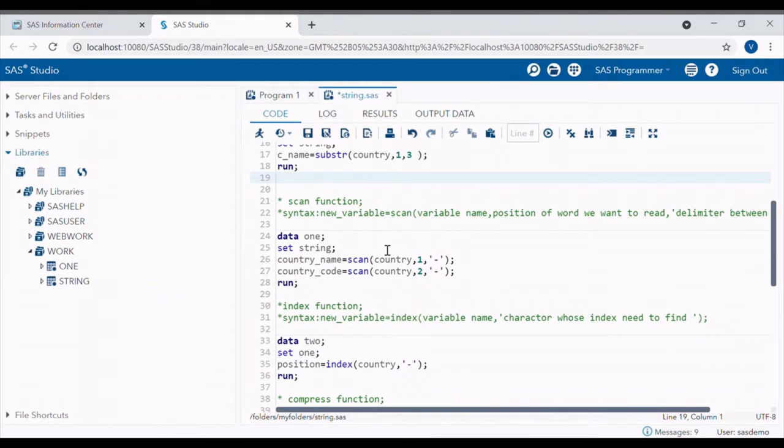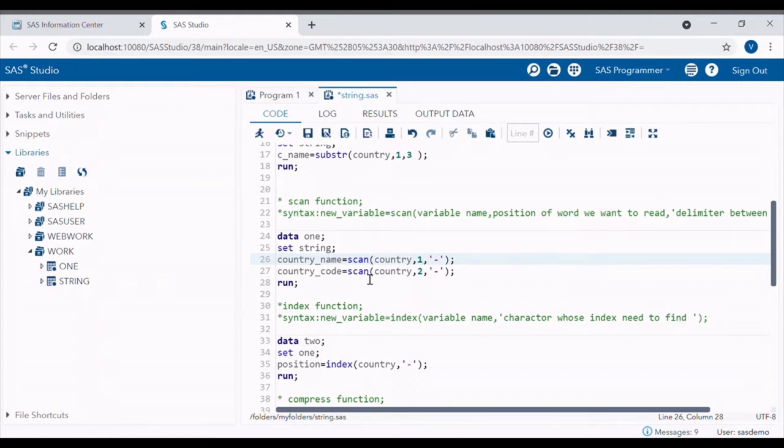Using the scan function, we can get the required word from the string. The syntax is new variable is equal to scan, in parenthesis our variable name, position of the word, and delimiter by which the string is separated. Now we can get the country name from the country variable without the hyphen. In the variable country there are 2 words.